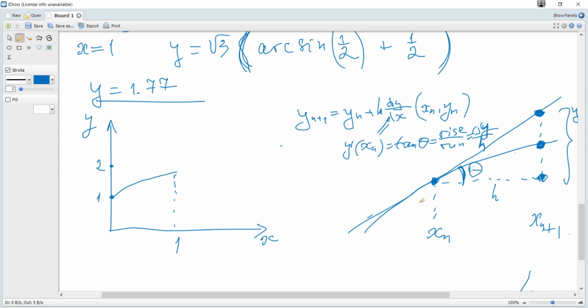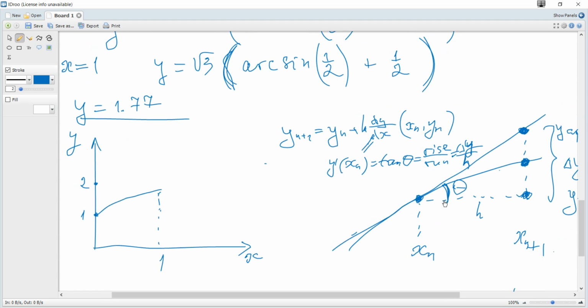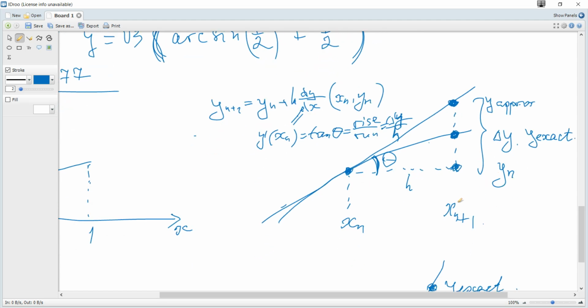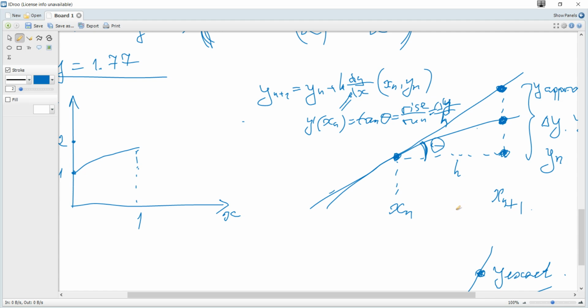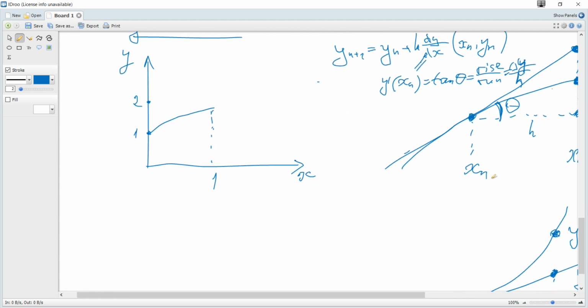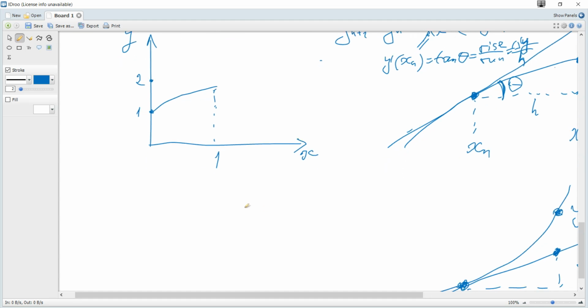So since the curve is increasing and concave down, the approximate value is greater than the exact value. So the approximated value is overestimated. And also we can add the next and write the next,